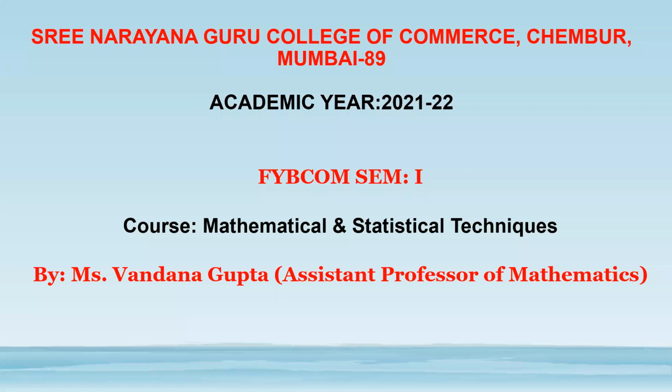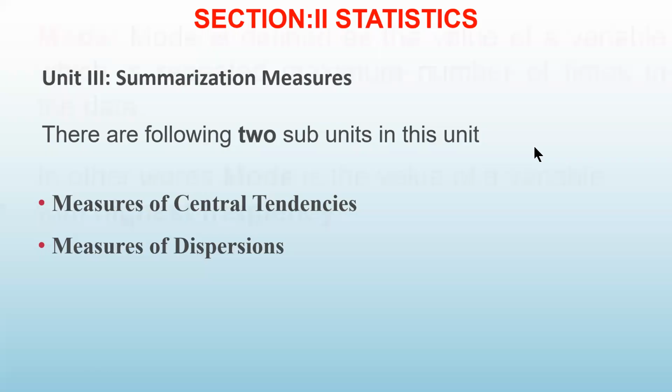In our last lecture, we studied how to calculate median for group data of continuous type. I think one problem we could solve in the last lecture. Let us take one more problem today and then we will start with mode, that is the third measure of central tendency. So let us quickly do one more problem here.